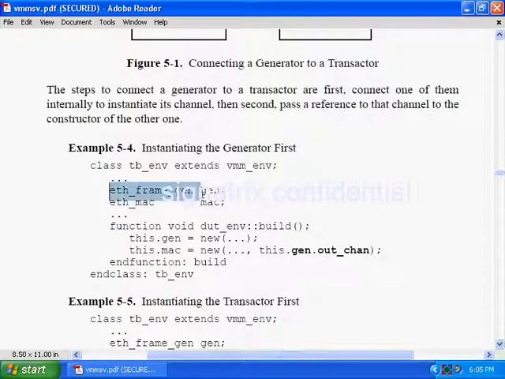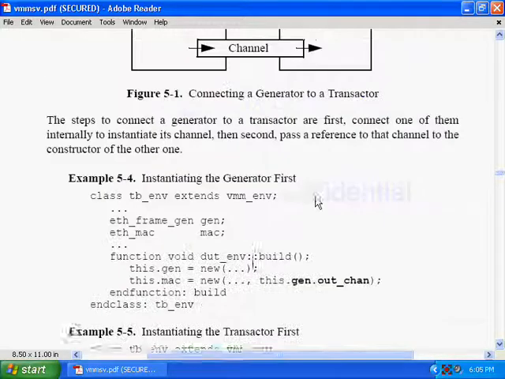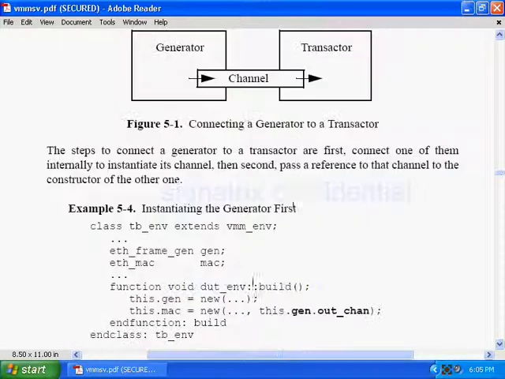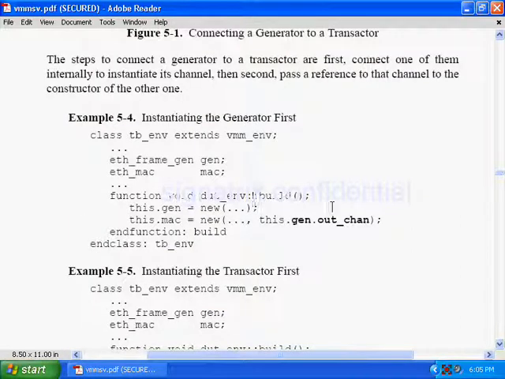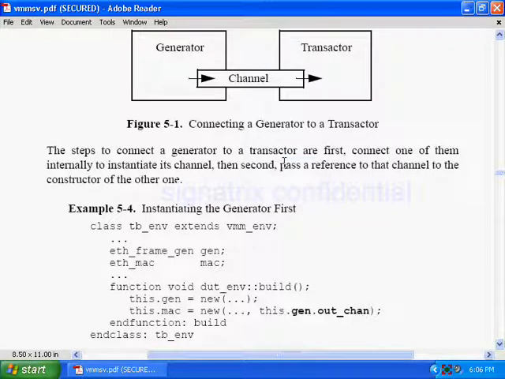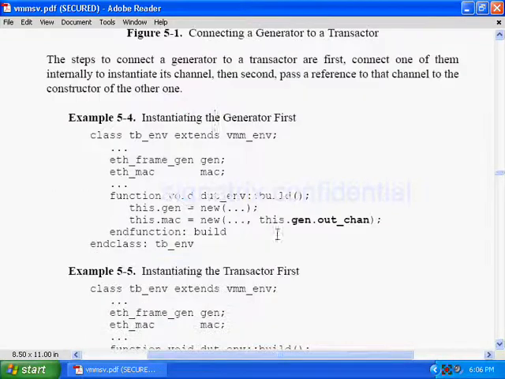So this is the generator class, and you are deriving one handle for that class. Now this is the MAC class, the Ethernet MAC, they are talking about the transactor. Now what is the first step they are trying to say? Instantiate the channel. So they are instantiating the generator dot out channel and passing a reference to that channel to the constructor of the other one.